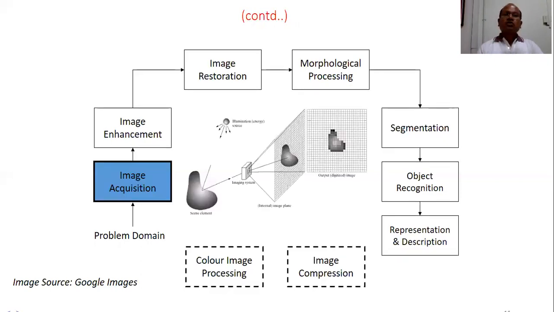See here, the first one is image acquisition. What is image acquisition? It is very clearly shown here in the slide, and this diagram is a very popular diagram. You can see that there is sunlight, and the sunlight is incident on the object. Some amount of light is reflected, and that reflectance component is shown here as a matrix in the form of an image inside the computer. The process involved in acquisition is also shown here.